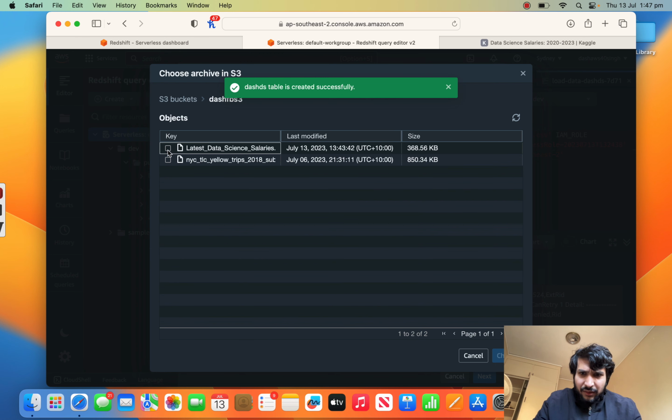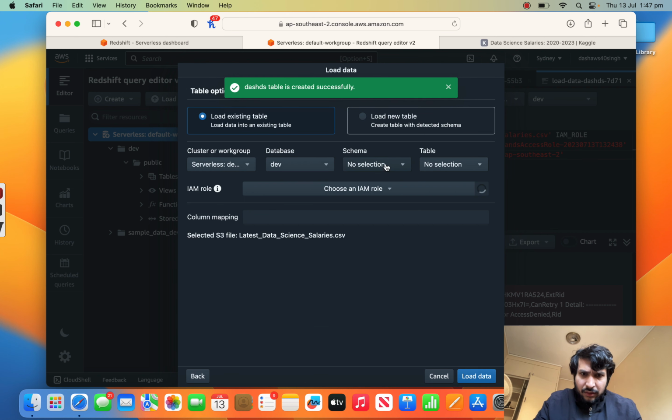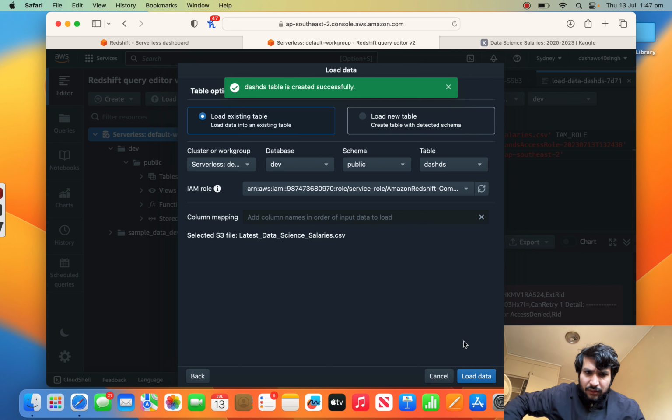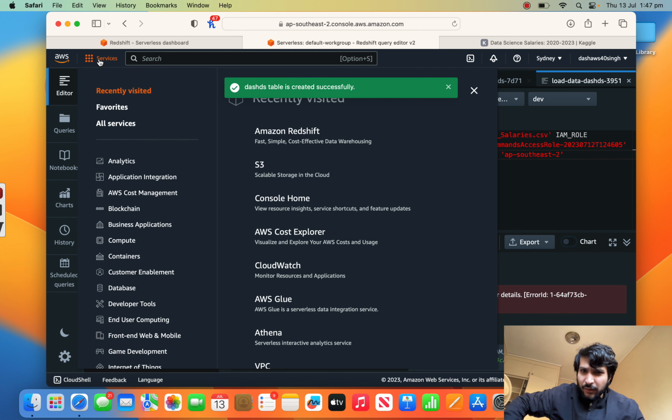So let's select this one and select the first. You go to public, and you go to the first one and try to load data. Now there is an error, I don't know what the error is, but what I'm going to do is go back to Redshift again,